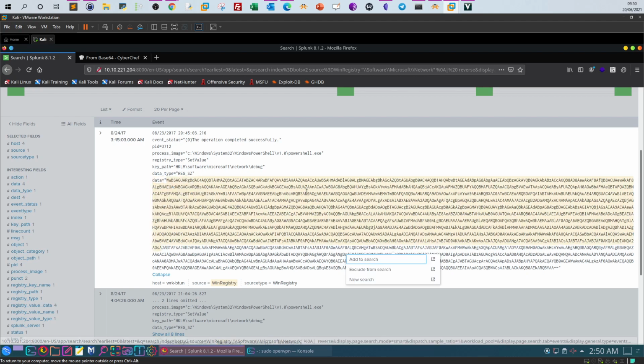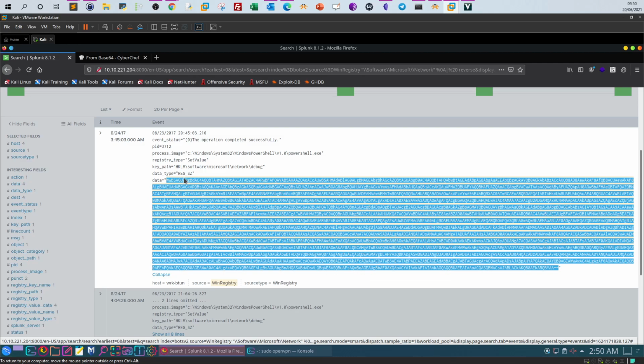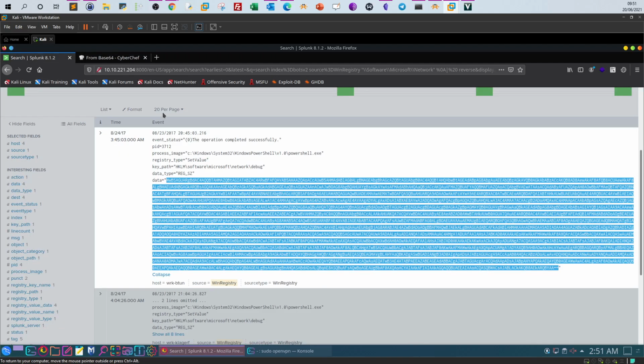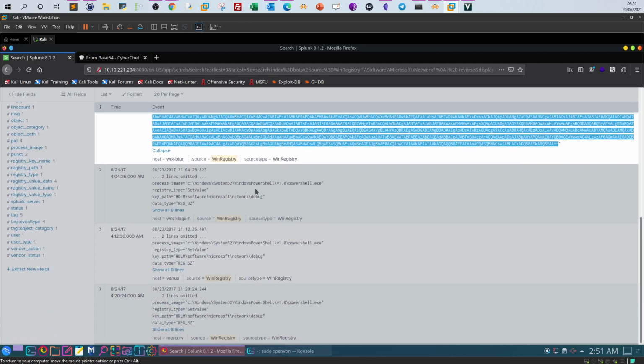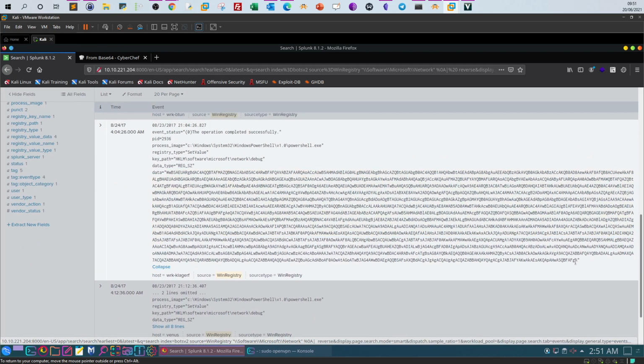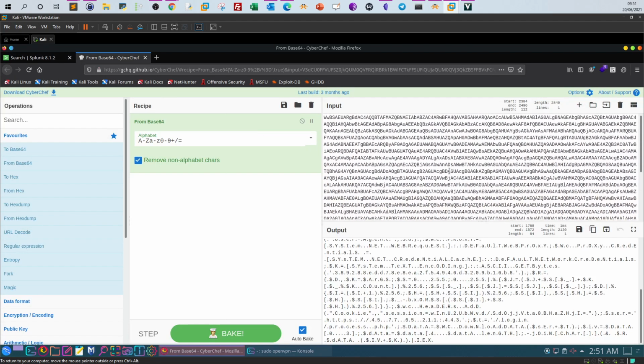The data is a base64 encoded string, so we can just take it and decode it with CyberChef. Okay, copy and paste it, you will see the characters here, but this is not the one that contains the answer. If you scroll down, click on show 8 lines, this one, and copy this and paste it here,